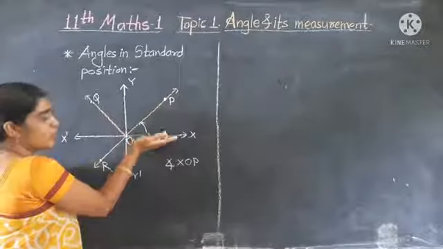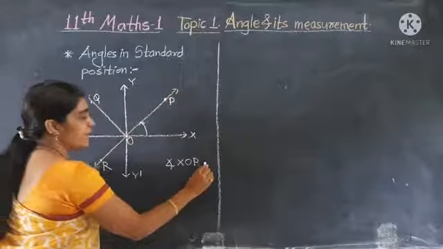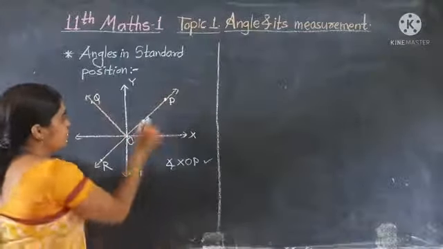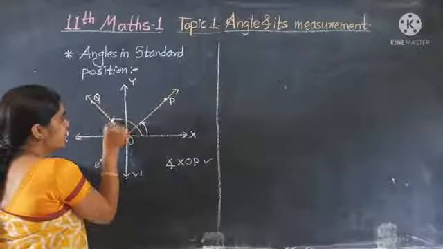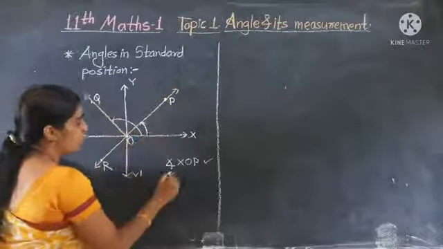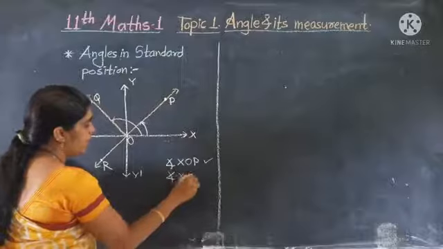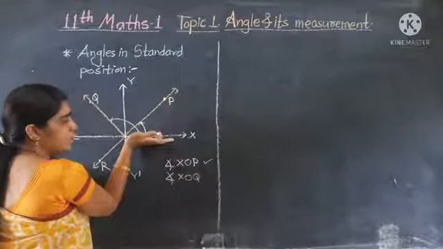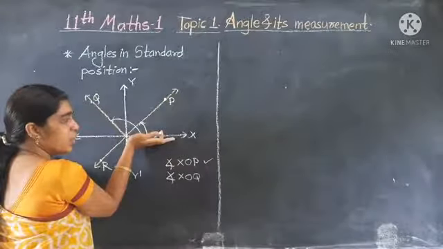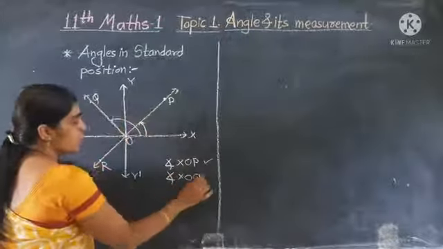It is on positive x-axis, so it is in standard position. Similarly, see this is XOQ, directed angle XOQ. Its initial arm is on the positive x-axis, so it is also